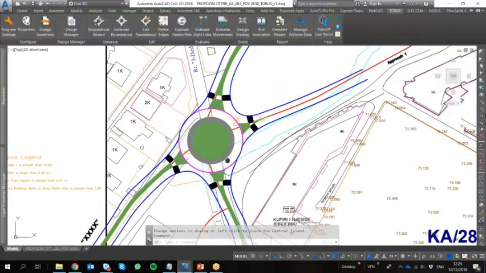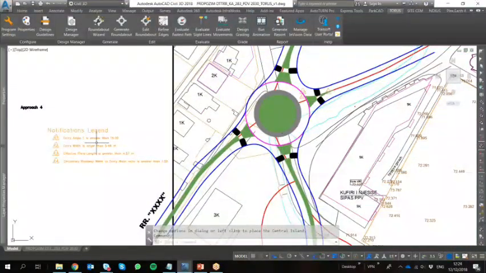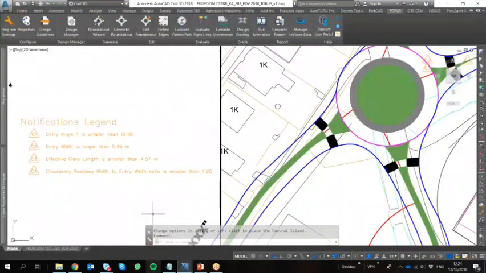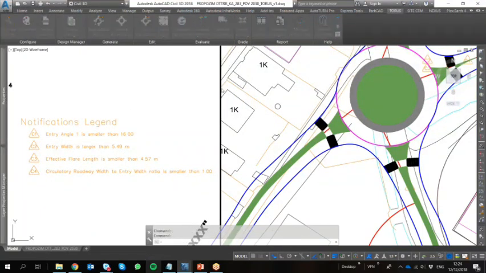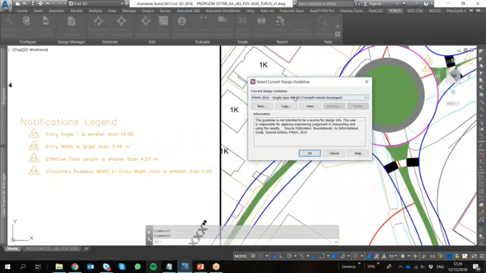So I have other warning messages here, and this is more of a criteria set which you can turn on or off to allow users to focus more on the engineering aspect of the roundabout. In the design guidelines, we do have